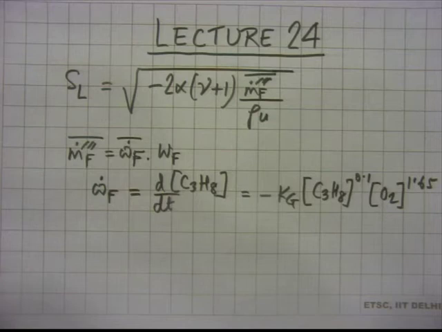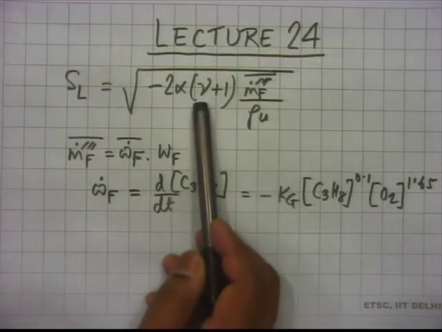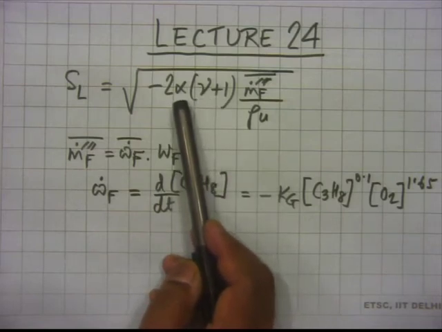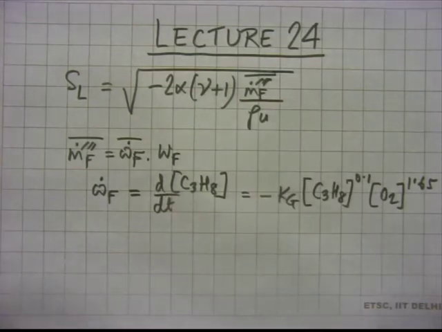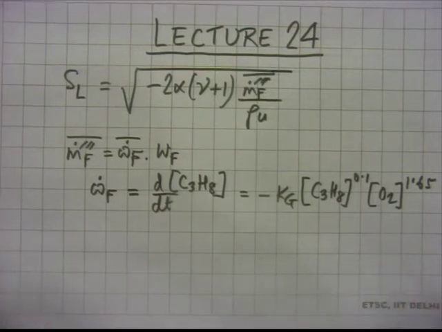Now, to do this, we identified that the easier part is to calculate, let us say, rho u, then also to calculate nu. Nu is the oxidizer to fuel mass ratio, and also to calculate alpha. We thought that alpha may not be that difficult, but more difficult will be m dot f triple prime bar. And I think the way to learn this is to look up some example from Turns's book in chapter 8. So, I trust that much of it you can do yourself, but I will just spend 1 or 2 minutes